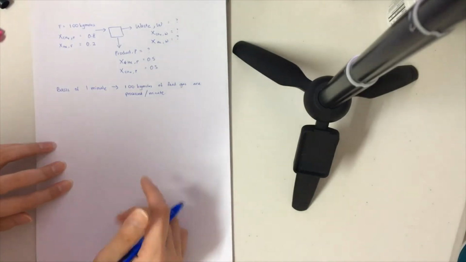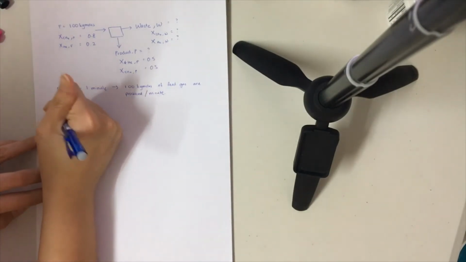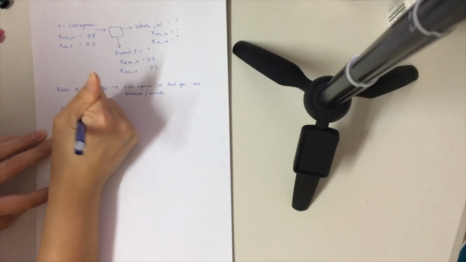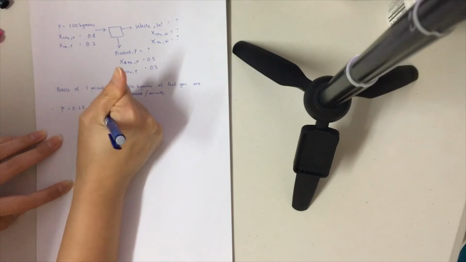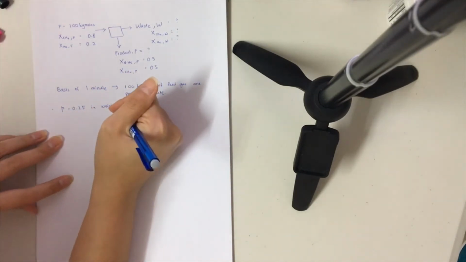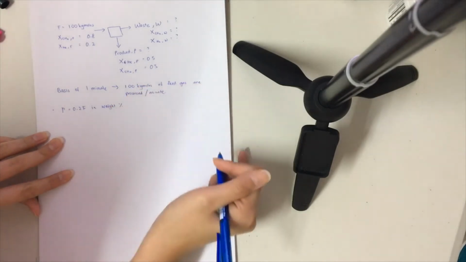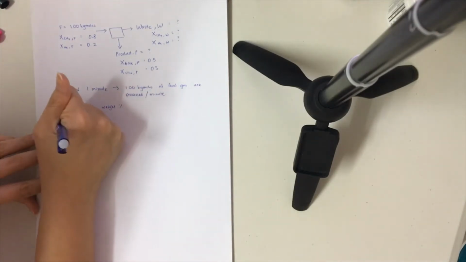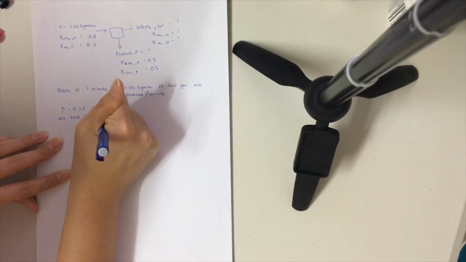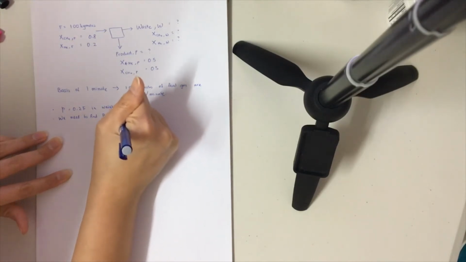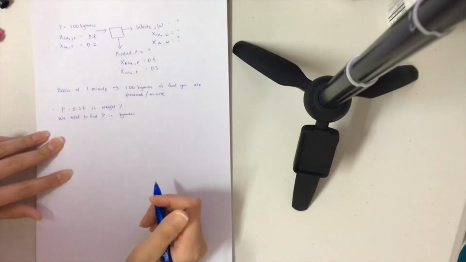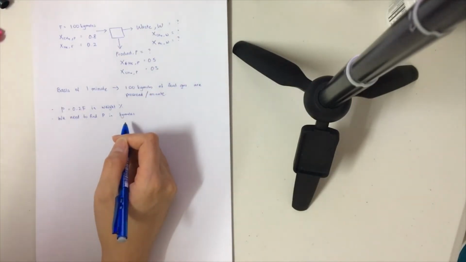So we know that P is equal to 0.2 F in weight percent. But we need to find P in kilomoles, right? Because our feed is in kilomoles and this is a gas. Therefore,